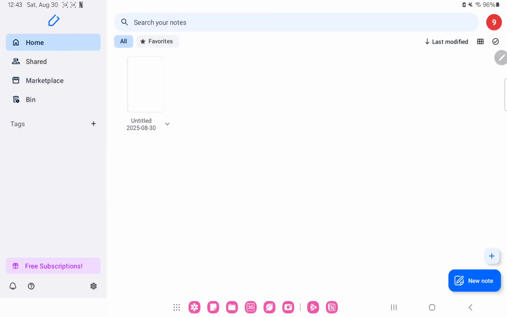Hello guys, in this video I'm going to show you how to enable the keep screen on function on the